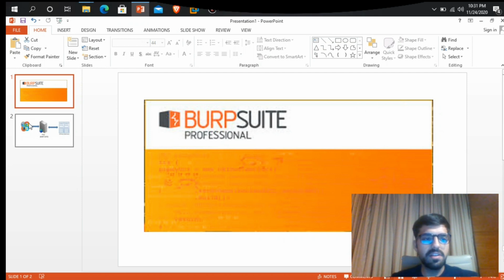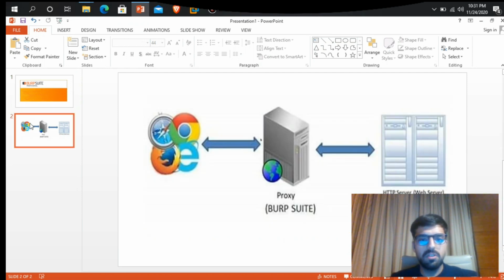First, let's understand how Burp Suite works. So here is the web browser and here is the web server. When someone sends a request to the web server to access some web application, it goes from here to here. Now, in our scenario, we want to intercept the HTTP request.